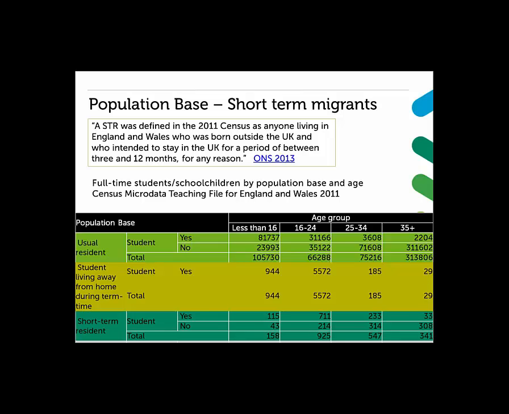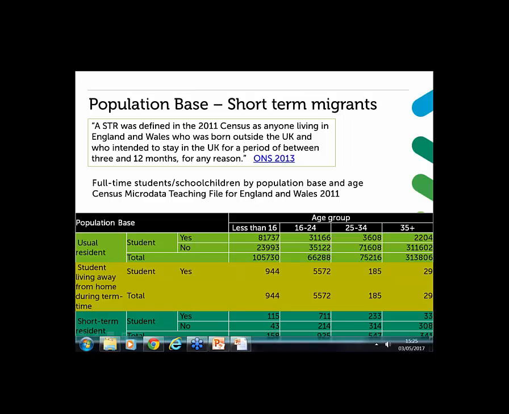Another thing to watch out for with microdata is that in all of the microdata there's been some flexibility about the populations that you use. So if you are looking at a table that's been produced, it will be for a specific population. In the last few censuses, it's been typically for usual residents. In the census microdata, there's always been a little bit of flexibility. In 2011, the flexibility comes around whether or not you include or exclude short-term residents. So that's people who've been living here for between 3 and 12 months,